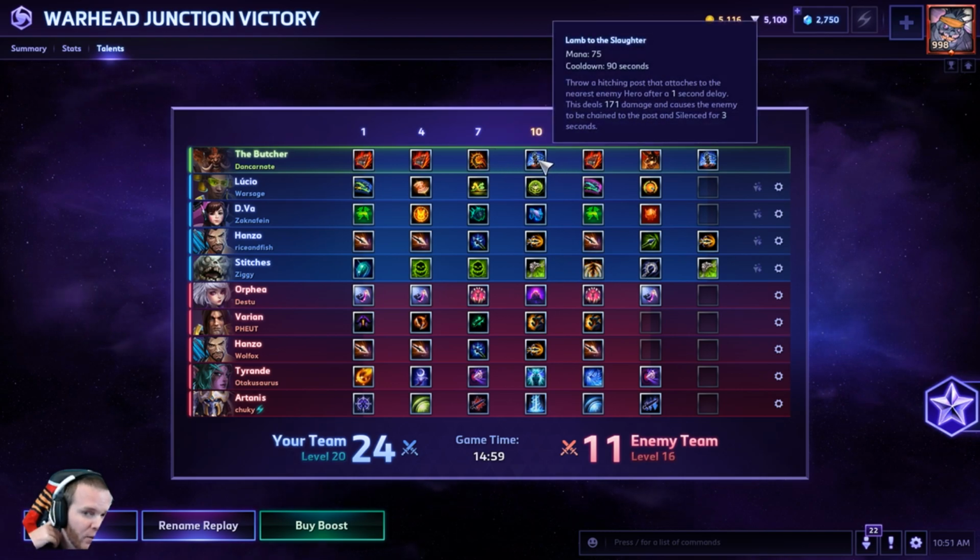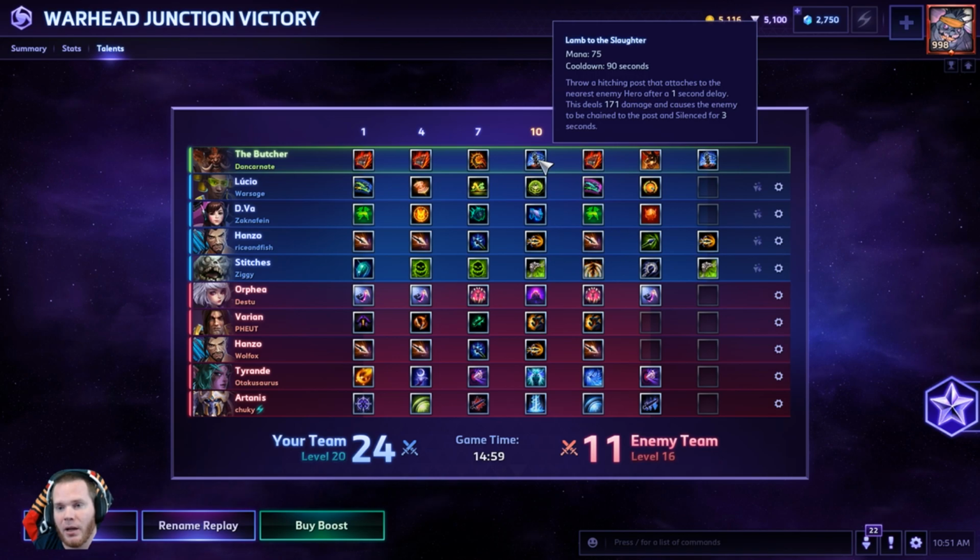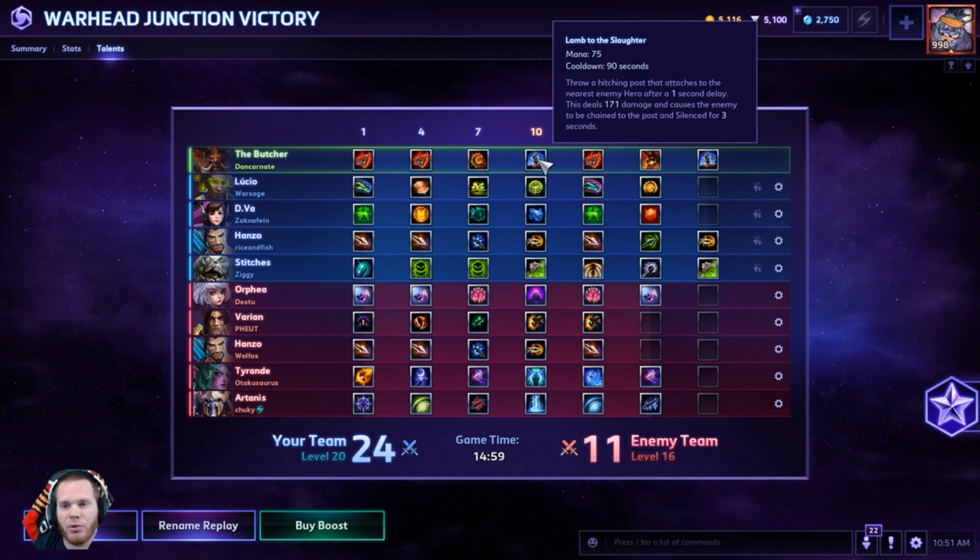Our level 10 skill, we took Lamb to the Slaughter, which, as you saw, secured us some easy kills on like the Tyrande. Lamb to the Slaughter is a great skill. One mistake I see a lot of Butcher players make, and I even did it a couple times in this match, but because my team was around is what made it a viable strat. When a Butcher is going to go 1v1 against another target, you usually don't want to open up with Lamb to the Slaughter,